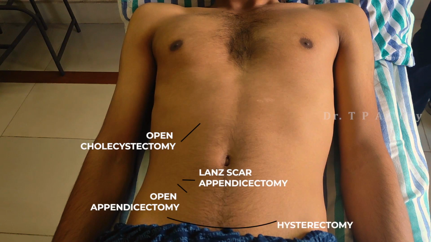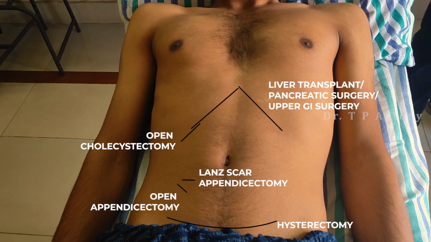Striae of the abdomen will be staring at us, and the scars. Different types of scars are seen in the abdomen, and that will tell you what type of surgery the patient has undergone. Classical scars of cholecystectomy, appendicectomy, hysterectomy, pancreatic surgeries, liver surgeries are all known to us. So also transplant scars may be seen. Scars of laparoscopy may be seen. They all give a clue what exactly was happening to this patient. So scars are very, very important in the examination of the abdomen.